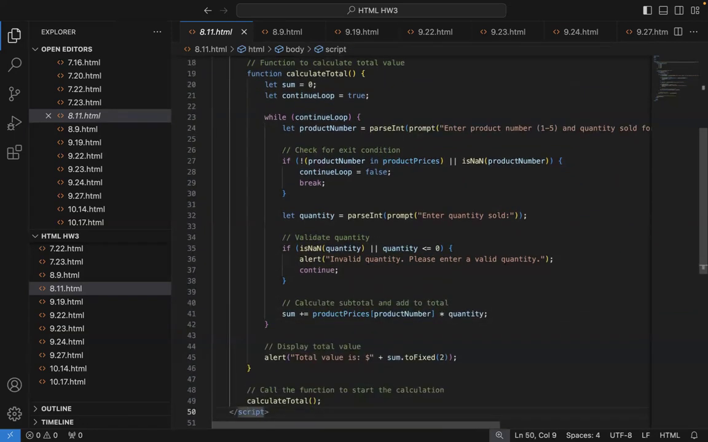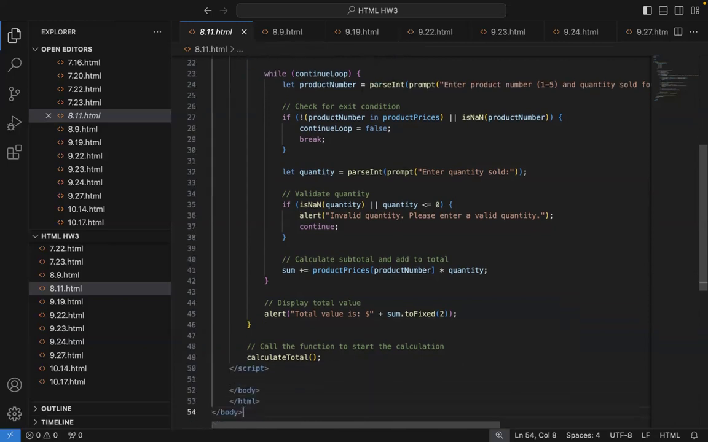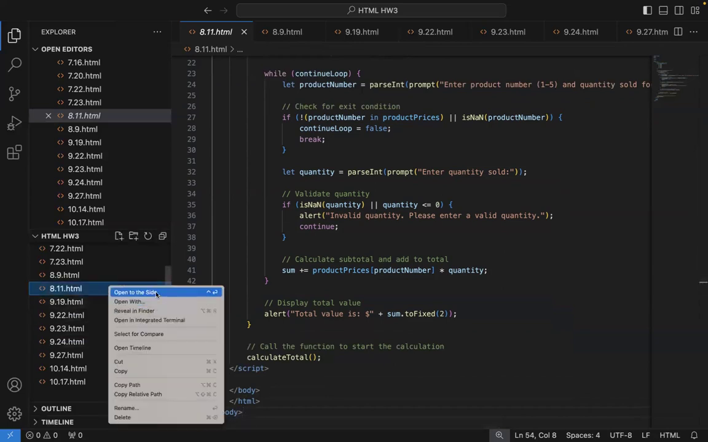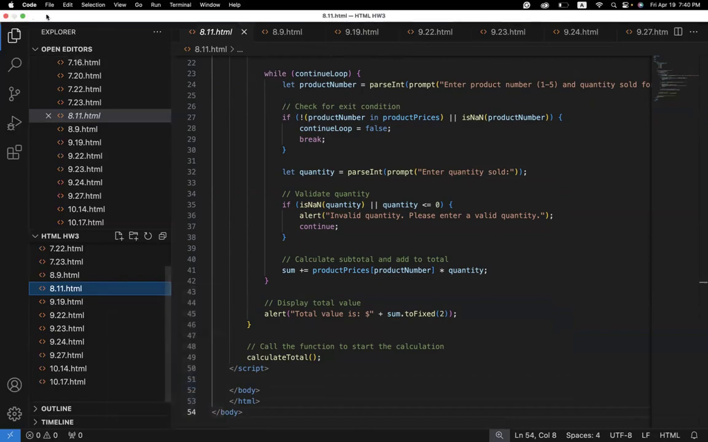And then sum plus equals productPrices inside the bracket productNumber times quantity. So this will calculate the subtotal and add to the total. And then the alert, total value is dollars plus sum.toFixed(2). So this will display the total value. And then calculateTotal will call the function to start the calculations. So when we run this, copy path,